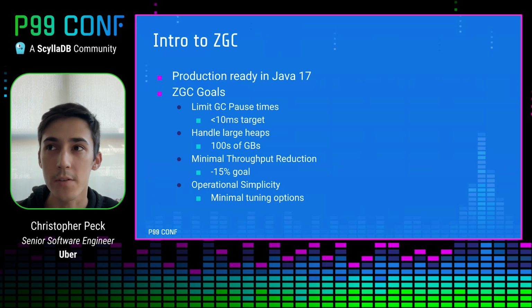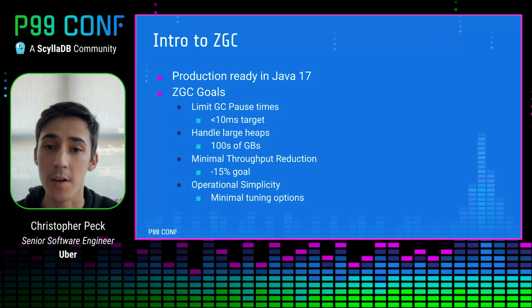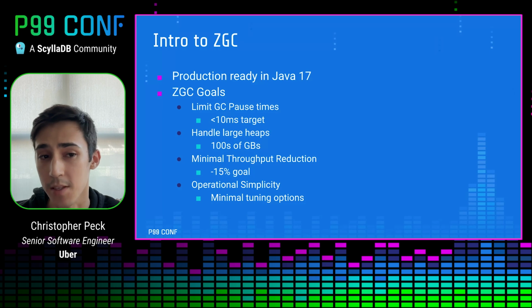So when you start searching about how to reduce GC pause times, I think one of the first things you'll see is some of the promises by ZGC or Shenandoah or some of the other collectors. Initially, I explored ZGC, and this was the non-generational ZGC in Java 17. It had a few goals, which were to reduce the GC pause time. I think they publish under 10 milliseconds,